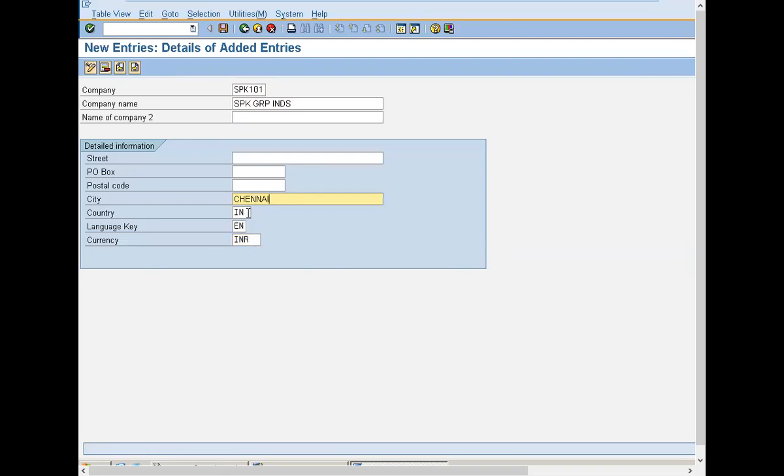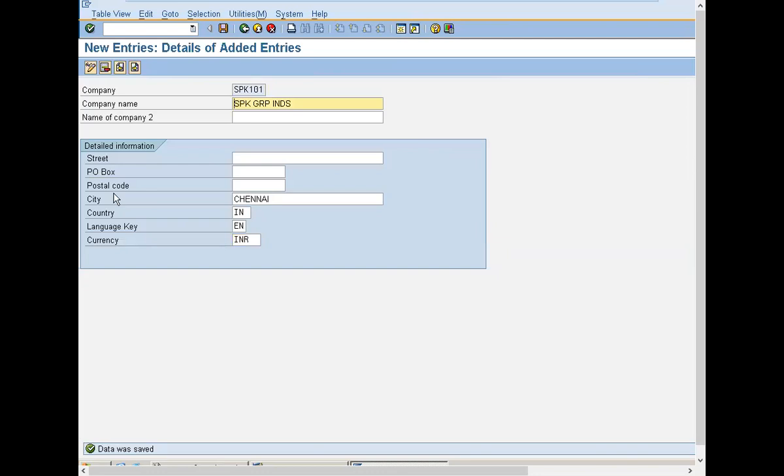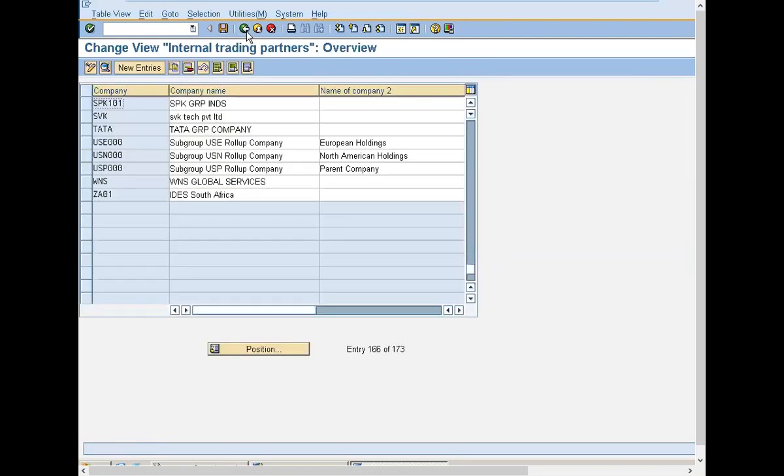Country IN is India, right? Click onto this disk to save, or Control S. So I have created the SPK101 company. Come back. See here, SPK101. Come back.